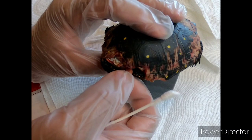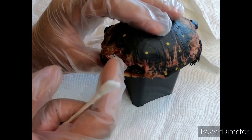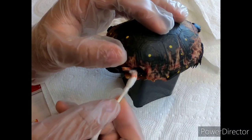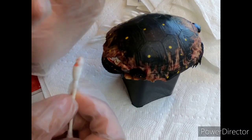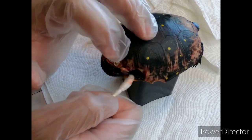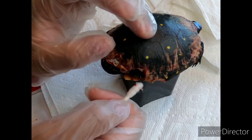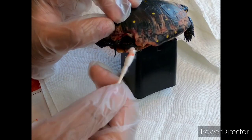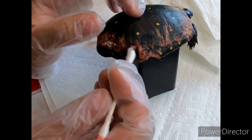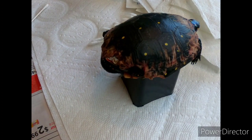But I'm trying to see if it'll just, because I don't want to tear the membrane. Yeah, it's attached. So this piece of bone probably will die off because it's not connected to the marrow, so it's not healthy blood and vitamins circulating through that piece of bone right here. It's gonna just be necrosis and then just fall off. So I'll keep an eye on it. There's some tissue hanging on the side of it, but I don't want to do any more damage. Some of the bone will die off, and it will just repair and grow new bone, just like what happens to our bodies if we have